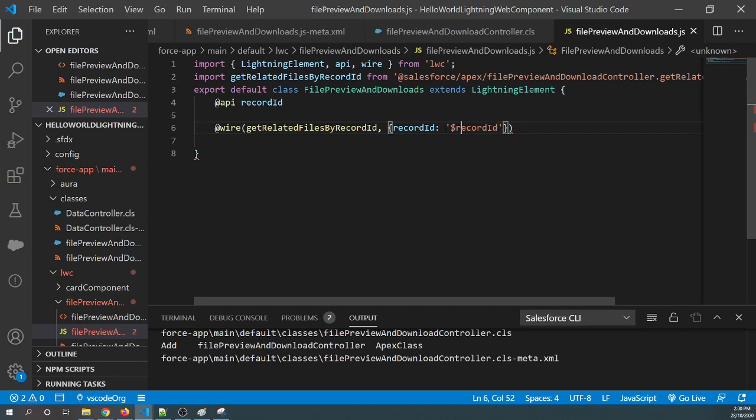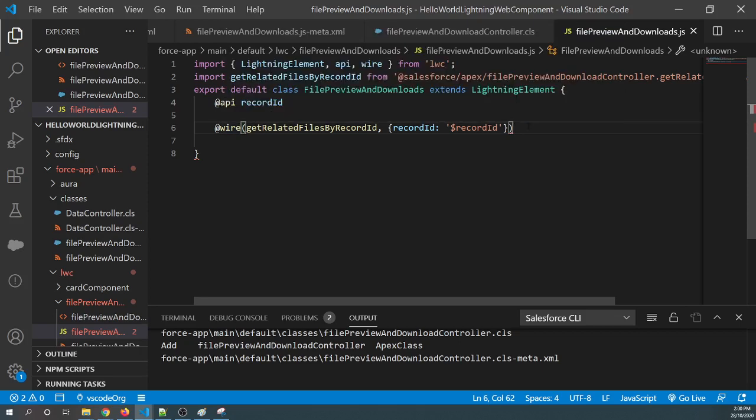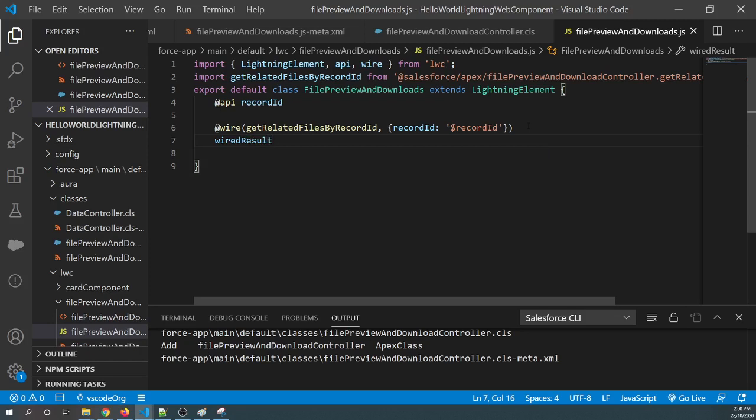So now our record ID is dynamic and reactive, and I can use wire as a property or a function. I'll create a function here, and wireResult is my function name. It gives us two things, data and error.